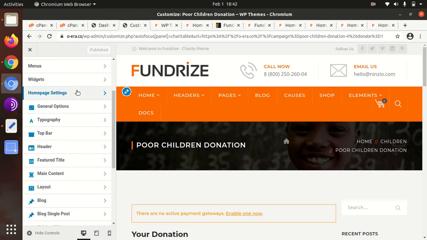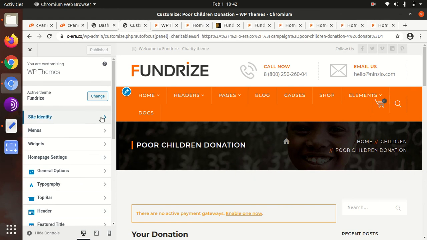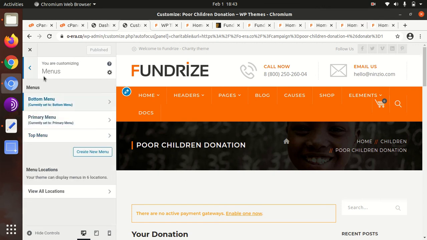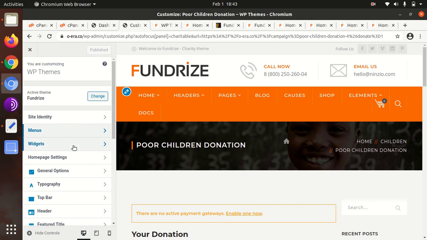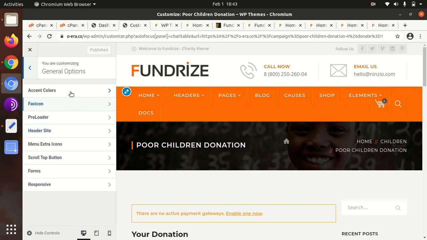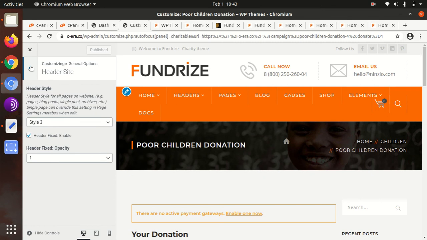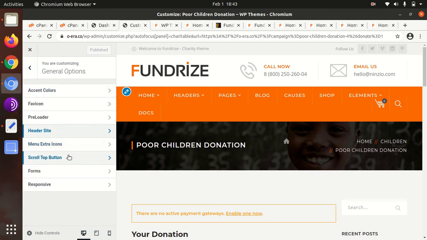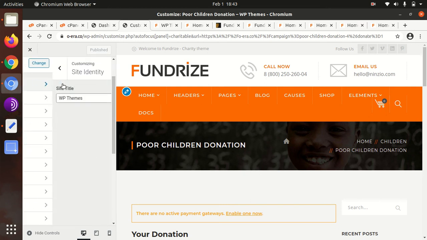So you can definitely handle your requirements, I mean editing from here, and all sets of controls have been given here. Favicon, preloaders, header, side style 1, 2, 3, menu, extra, scroll, forms, is responsive, okay fine, so everything is here.